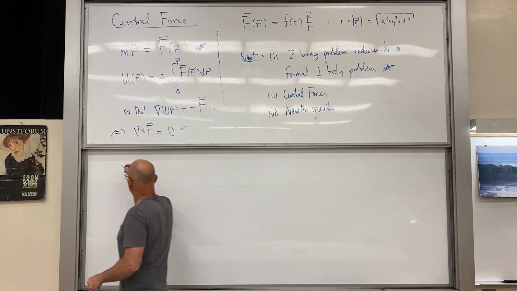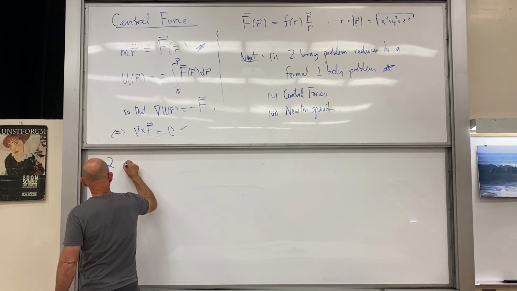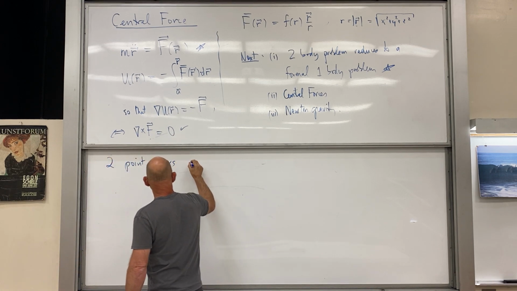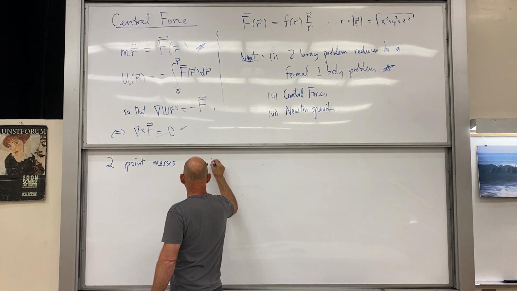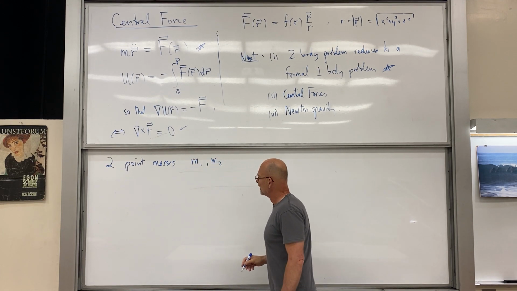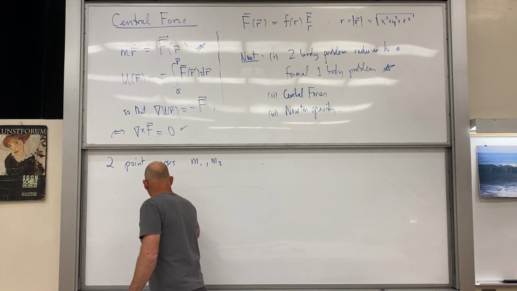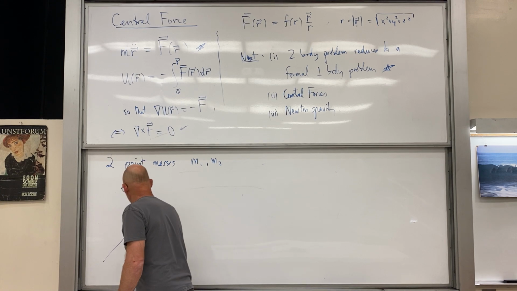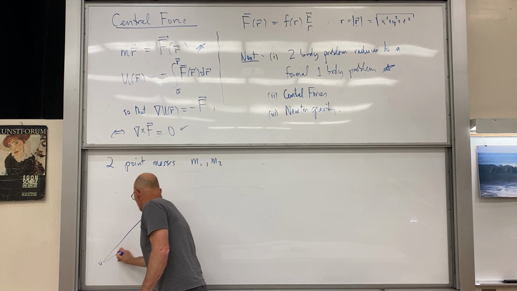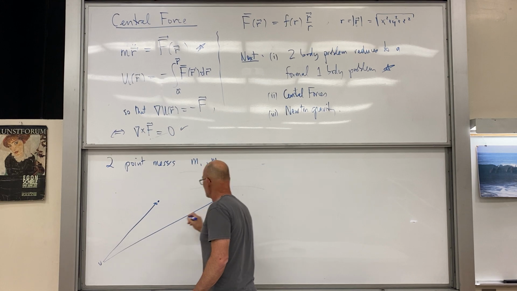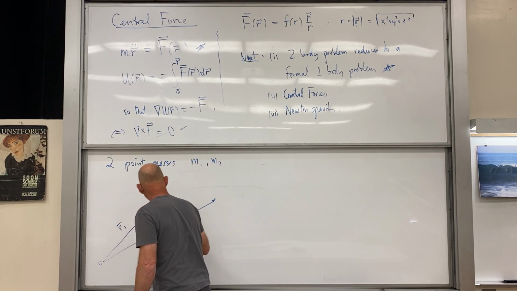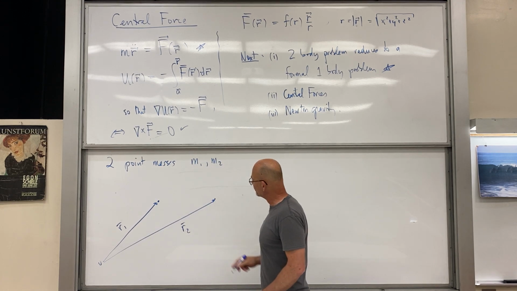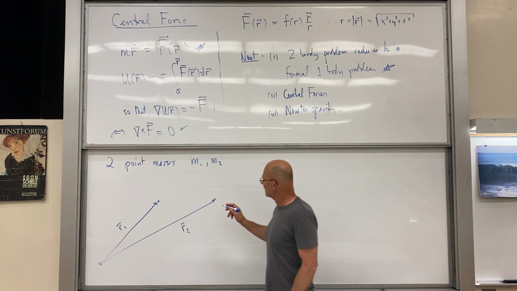So two bodies, 2-point masses, M1 and M2, and we'll just go ahead and locate them right here. Origin somewhere. So this is the vector R1, this is the vector R2. This is M1, this is M2, and